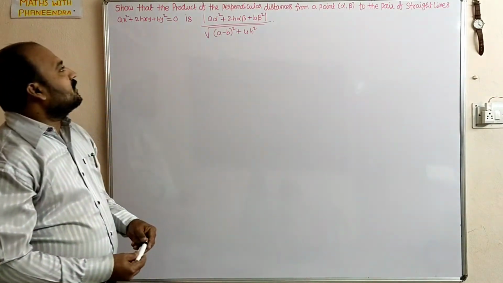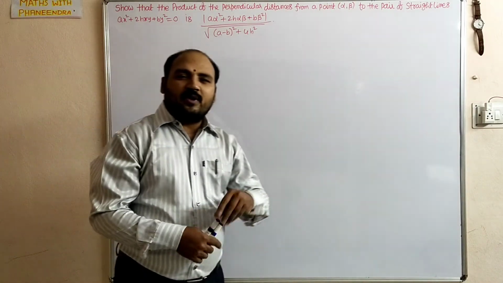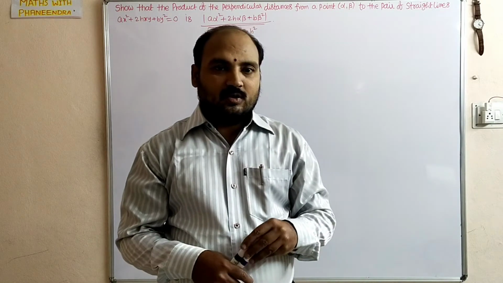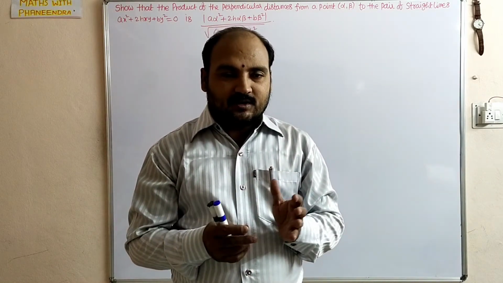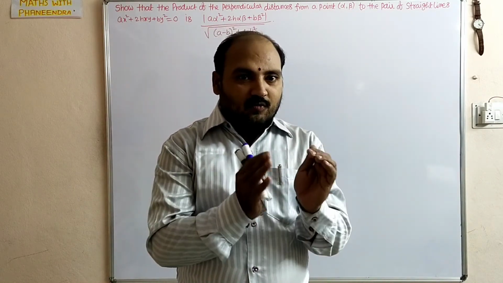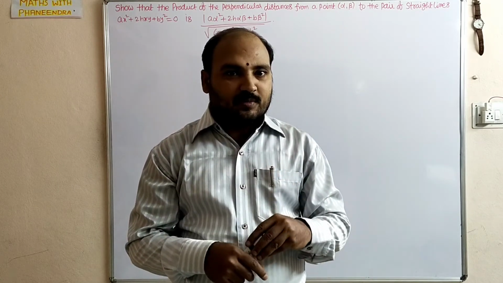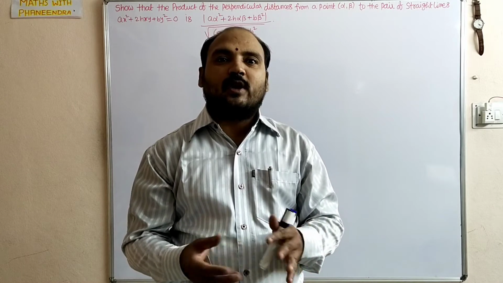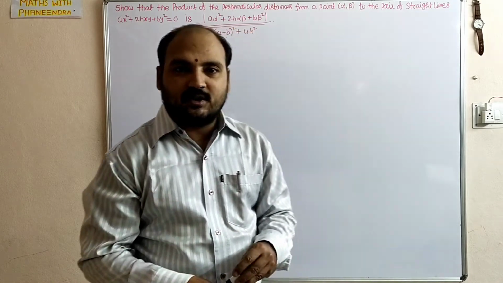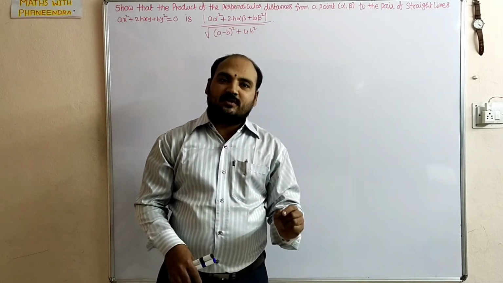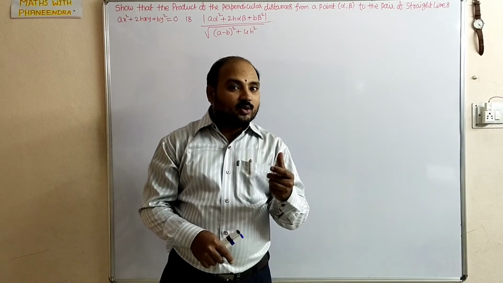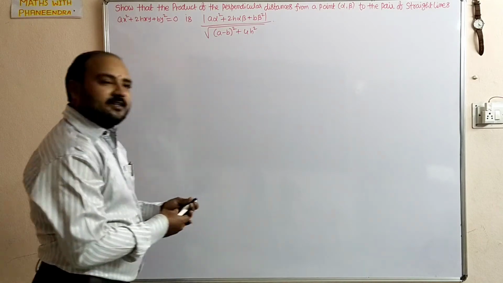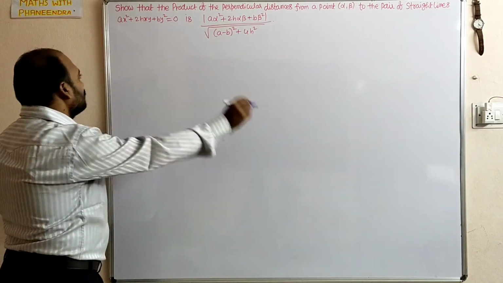So here in this problem, in the previous video we discussed about cos theta theorem. In the cos theta theorem we have taken the pair of lines ax square plus 2hxy plus by square equal to 0 can be represented as the product of two lines, that means the combination of two lines which are passing through the origin, L1x plus M1y into L2x plus M2y. That procedure you have to write for this. So let us have a discussion on the solution.